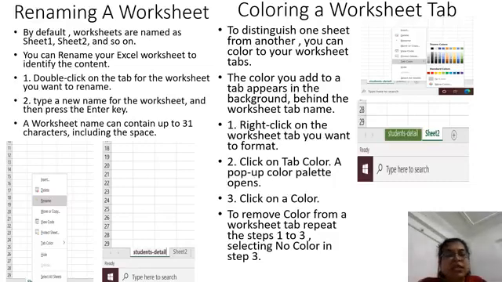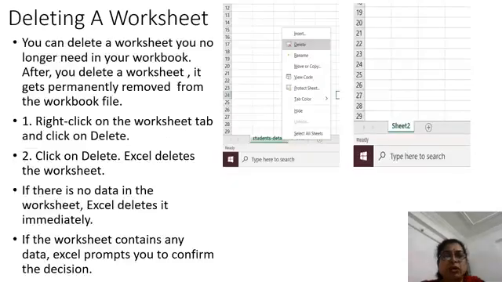Same way you can give color. After clicking the right button on the tab name, you will get the menu displayed. In that there is an option, tab color. Click on that and the color palette will come. Out of that, select one color as per your desire. That color will get applied to that particular sheet name, not the full sheet. If you want to remove the color from the sheet name, simply again click on the sheet name, then select the tab color option. The color palette will get displayed. Out of that, click on no color, so it will not show you the color for the sheet.